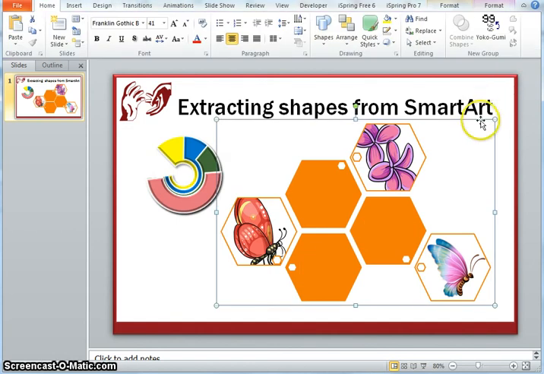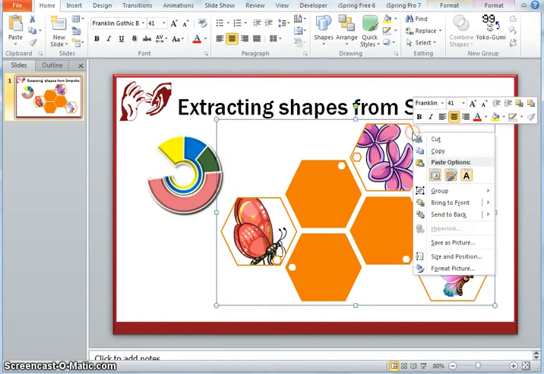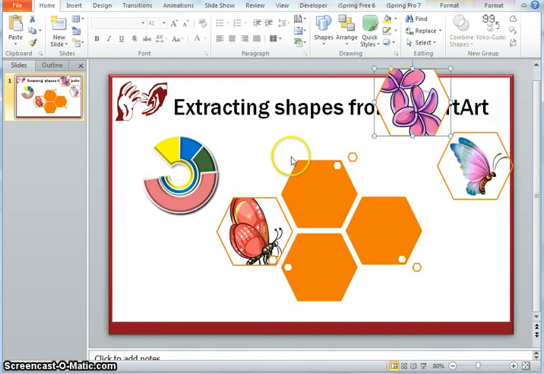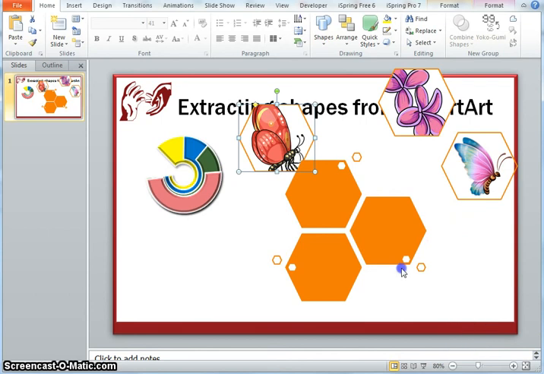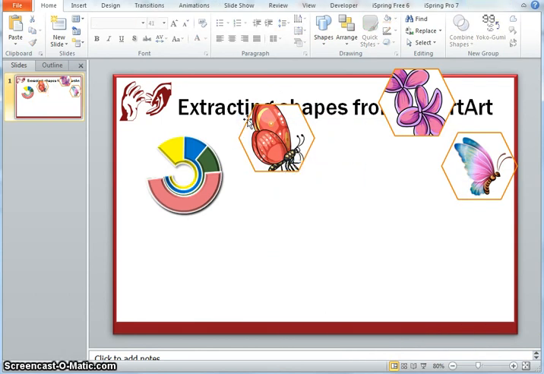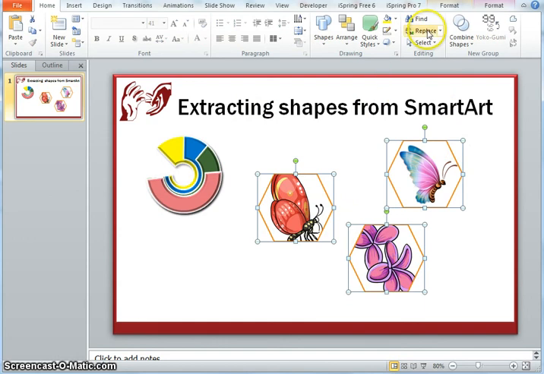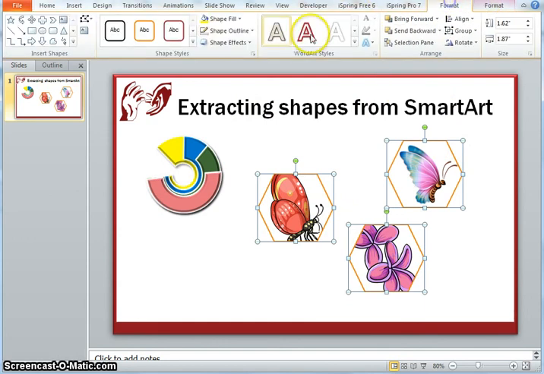Now I have this as one group of objects, but they are being cropped, so I do an ungroup, and suddenly what I have is images which have been cropped in hexagonal shape, and I can delete the rest of them and carry forward with these shapes. Of course, I could remove the outline from there.